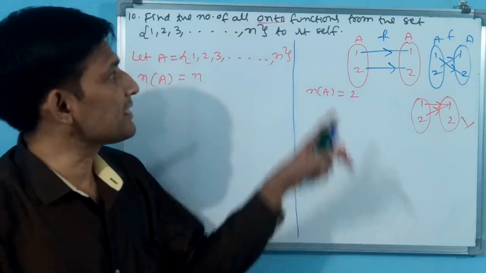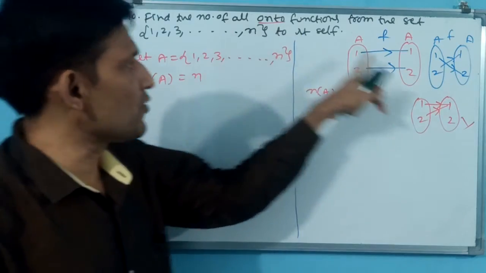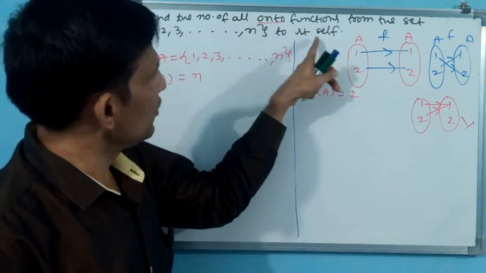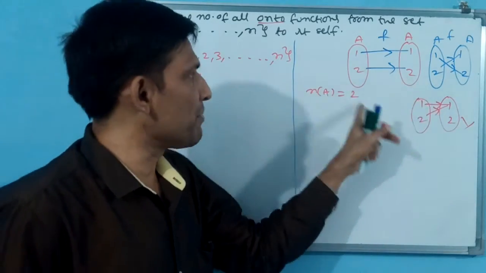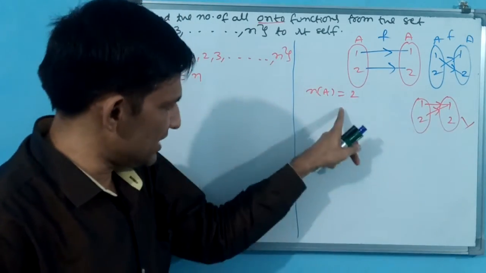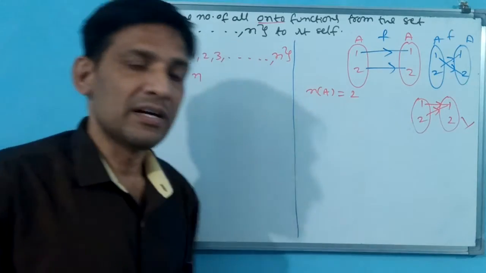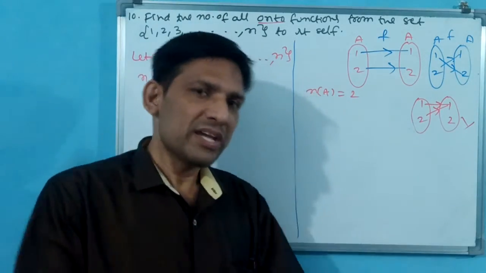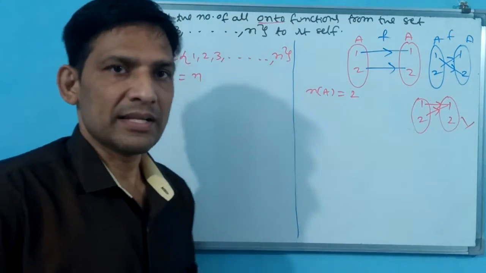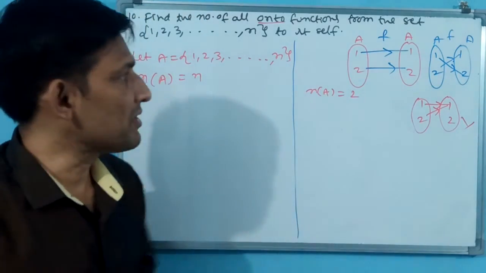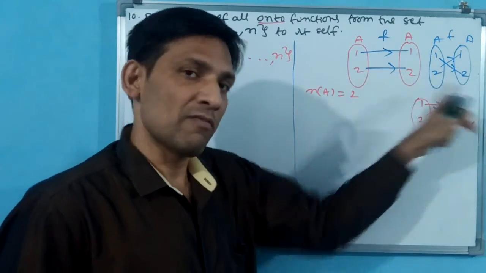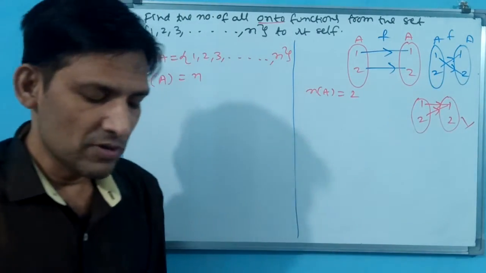Why? Because see, here another condition is there. One condition is onto. The second condition is a function from itself, A to A, B to B, C to C. That means C has how many elements, the same elements, again you have to keep. Then for becoming onto, you have to make it one only. Otherwise it is not possible. Because the number of elements are same, to make it one onto function, you only have to make one function.